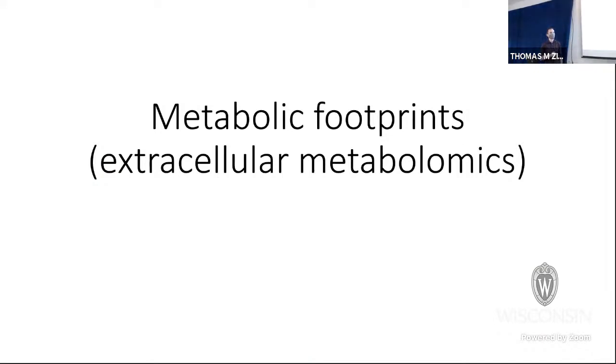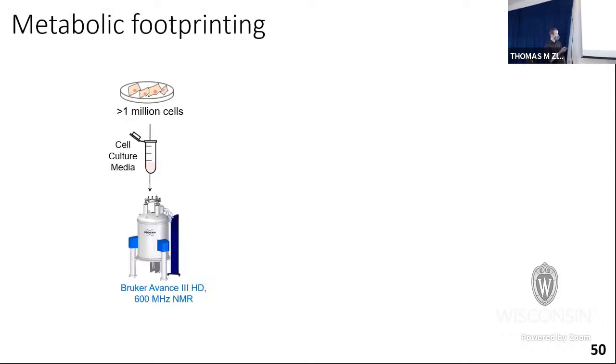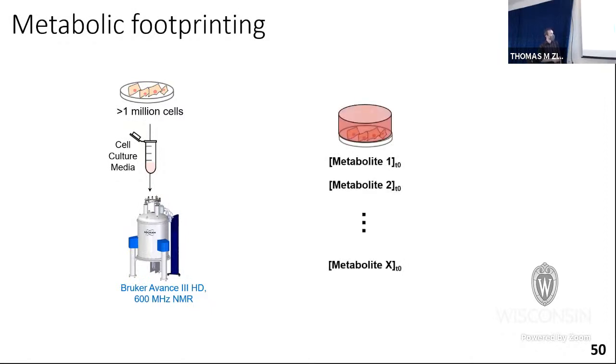And then finally, I'll briefly talk about metabolic footprinting. So this is looking at cell culture media, or the extracellular metabolites. I mentioned we use NMR, nuclear magnetic resonance, for this, where we can just take the cell culture media and run it on the NMR. Essentially what we're looking at here is differences over time. So the cells are exposed to this media for a certain duration of time. At the initial time point, we have basically everything that we put into the media. So we've got glucose, amino acids, and a lot of other things, all the different metabolites that are present within